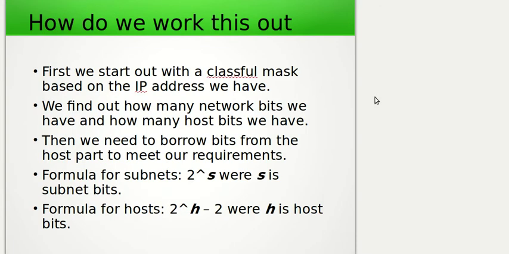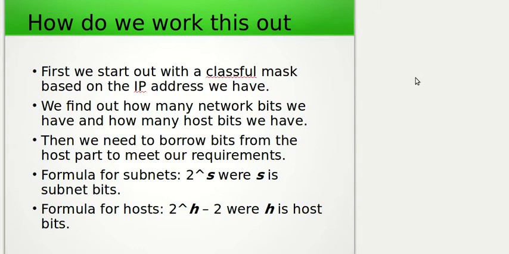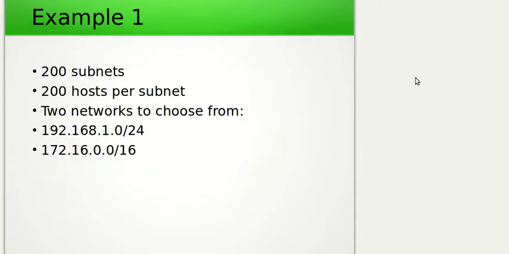Now, what we're going to do is have a look at a few examples to understand how this works and understand how subnetting math works. So now let's move on to our first example. In this example, we need to have 200 subnets, and our subnets are going to be 200 hosts large. So now, to find out how many subnet bits we're going to need,